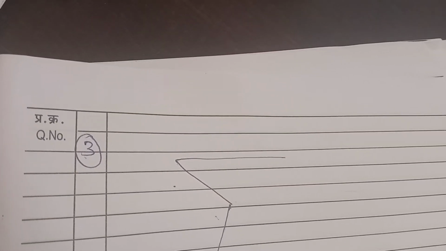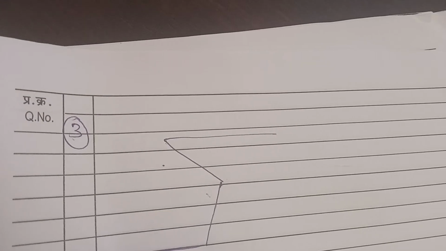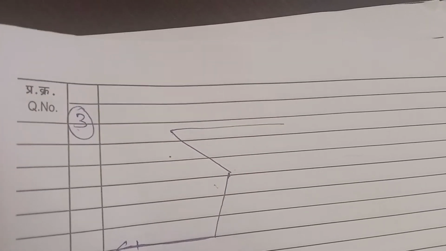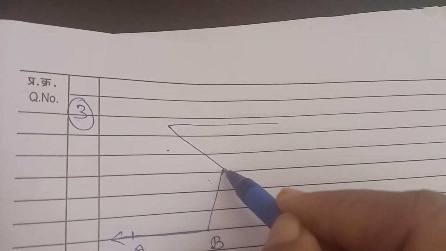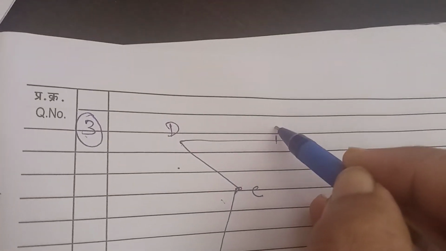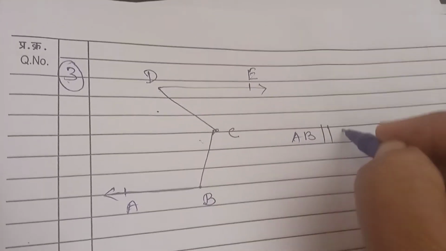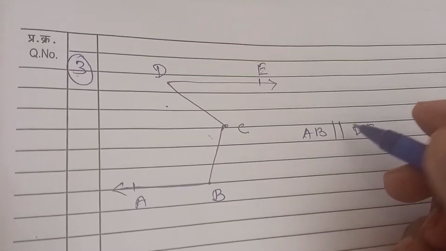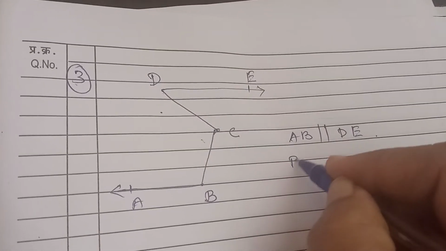This point is B, this point is C, it is D, and it is E. What have you been given? AB parallel to DE. Prove that